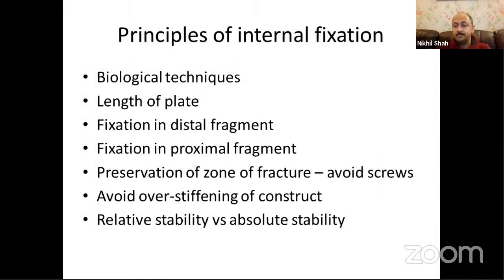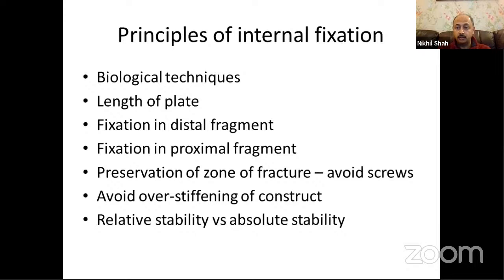So then what is important to understand is the principles of internal fixation. We all started off as trauma surgeons, but somewhere along the line, some of these principles get forgotten. And Sanchit showed a very nice case of a long plate. And I completely concur with that. So these are the questions that I tend to ask myself or teach the fellows when they're going to do a fixation of this type.